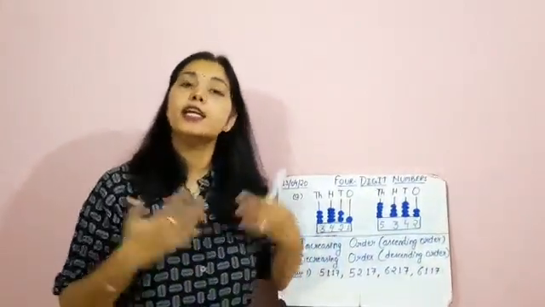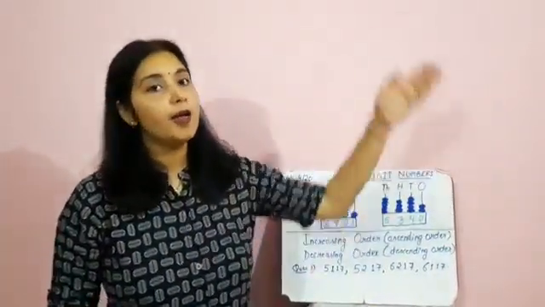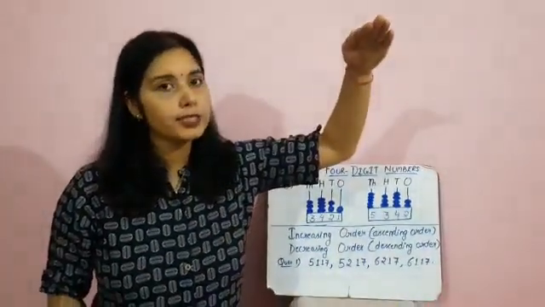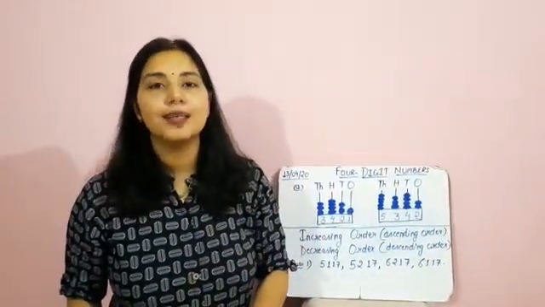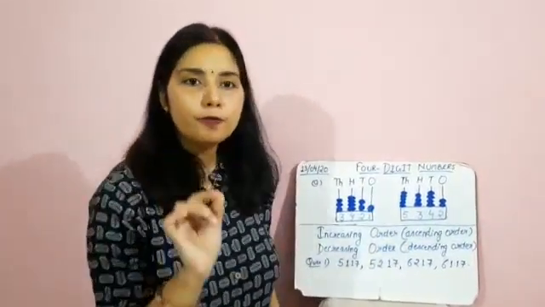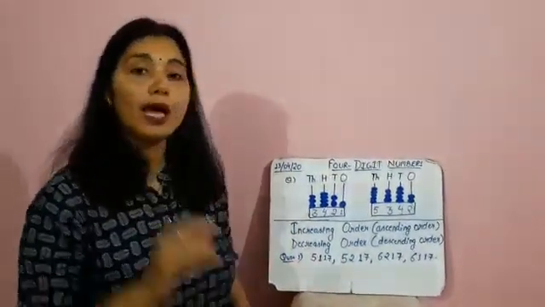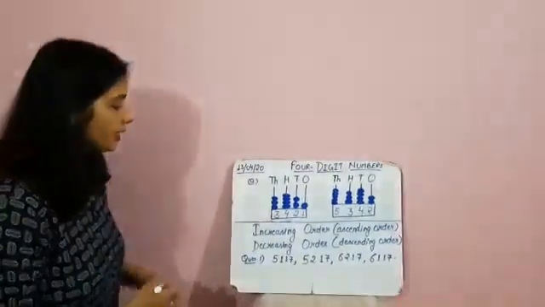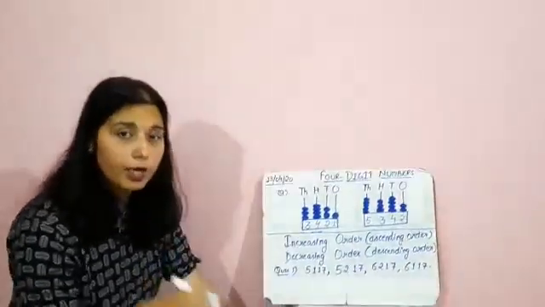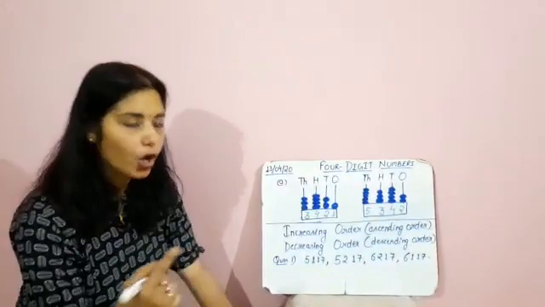Just opposite is decreasing order. When we are coming down the stairs, means from the uppermost staircase to the lowermost. Got it? From the biggest number to the smallest number. First we write the biggest number and at the last we write the smallest number. With one example, I want to explain ascending as well as descending order. Here we are given some numbers and we have to arrange them in ascending or increasing order as well as descending or decreasing order.